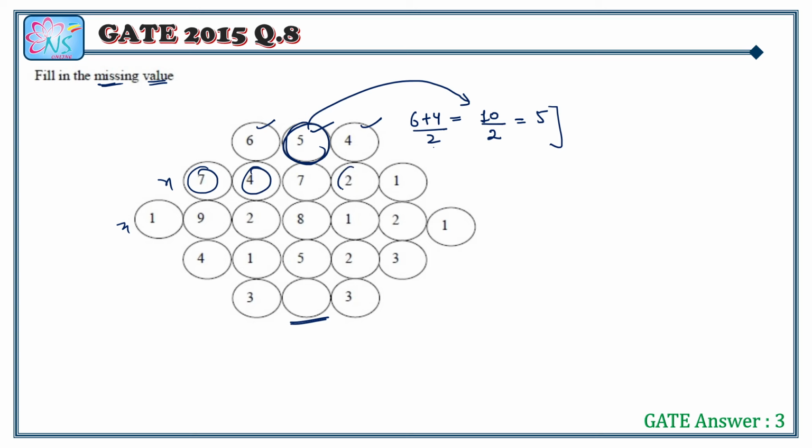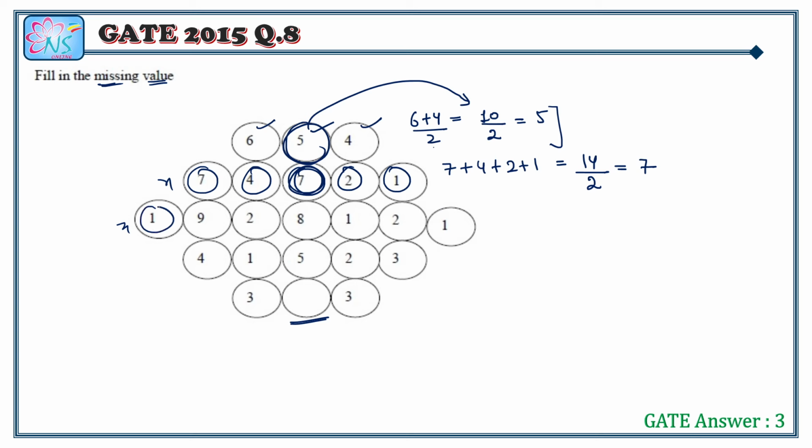but now we have 7, 4, 2 and 1. So we should try 7 plus 4 plus 2 plus 1, and after adding this we will get 14. You can see to get this value again we have to divide this by 2. So 14 divided by 2 is 7. But this can happen by luck, so we will try with the third row as well.